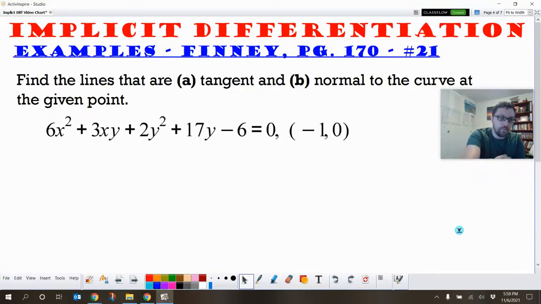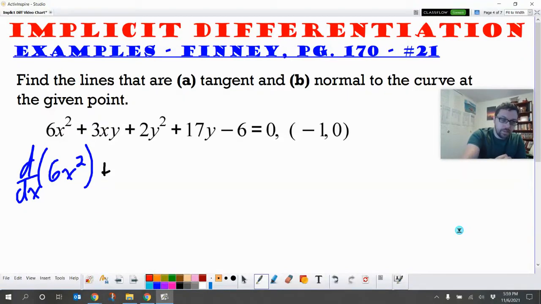So I am going to do the derivative d over dx of 6x squared plus the d over dx of 3xy